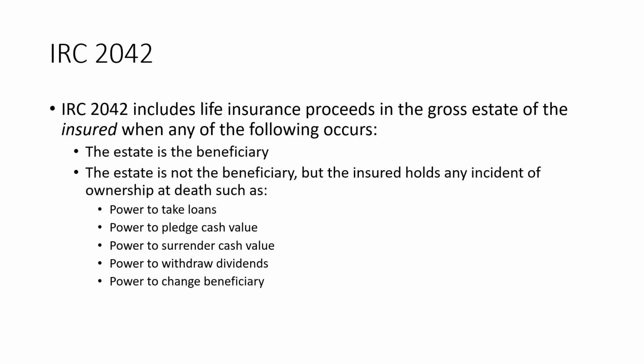Now, starting off, there's several code sections that list out the property that's included in the gross estate. Code Section 2042 is one of those, and it specifically includes life insurance proceeds in the gross estate of the insured, not of the owner, but of the insured, if any of the following occurs. 1, the estate is named as the beneficiary. Or 2, the estate is not the beneficiary, but the insured at the time of death holds any incident of